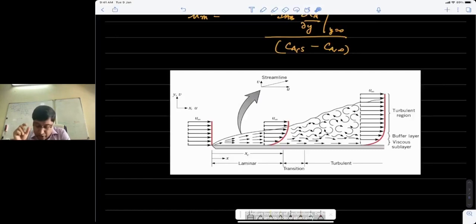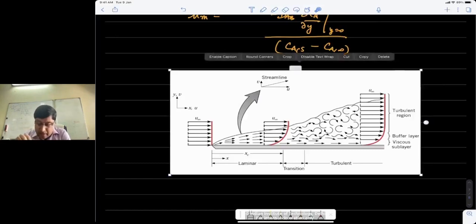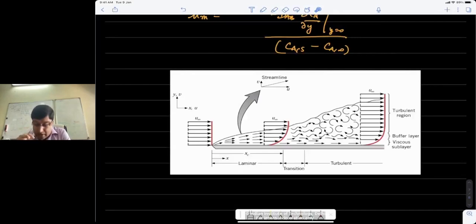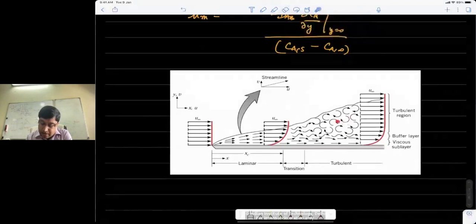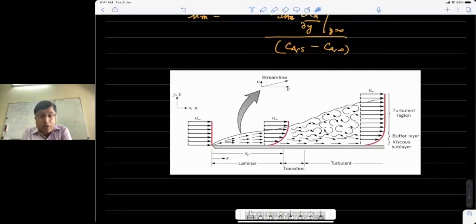Transition is something that is not very well understood, except we know that the flow does not suddenly transform to turbulent flow, but it's a transition zone. But more importantly, the turbulent regime is marked by large fluctuations that can no longer be dissipated by the viscosity of the fluid. And so these fluctuations grow. As the author has shown here, they lead to large vortical structures, or what are called eddies, inside the boundary layer. And these eddies create a lot of mixing across the boundary layer.